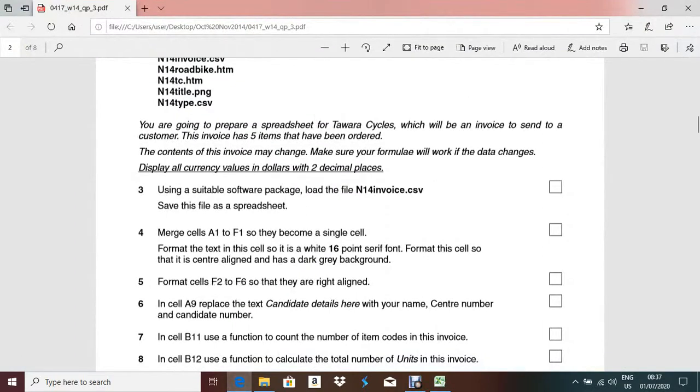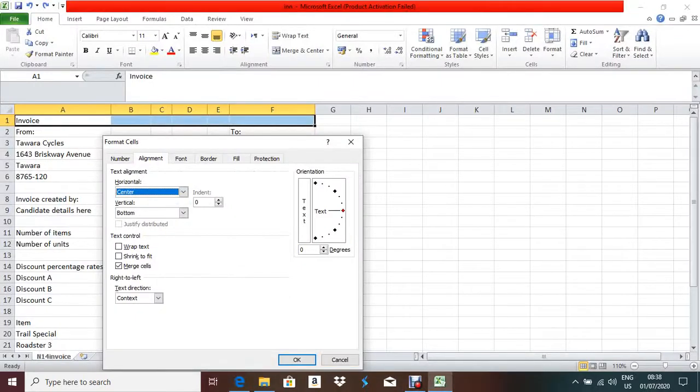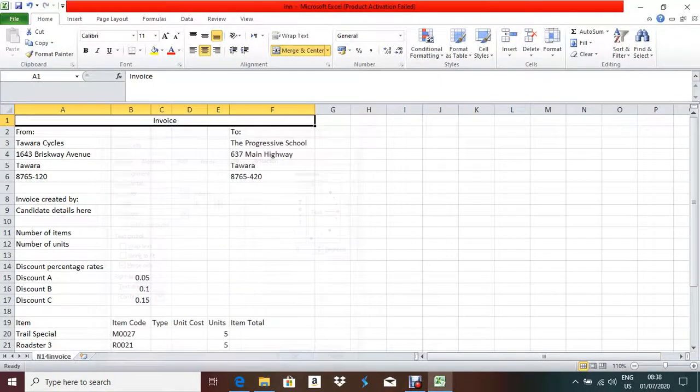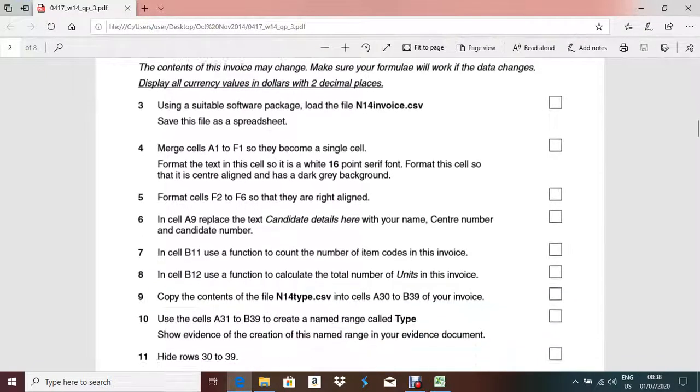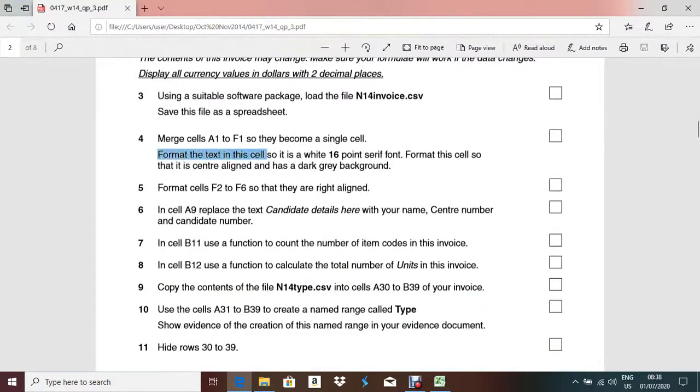Format the text in the cell so that it is 16 point font. Format this cell so that it is center aligned. So they are asking for center aligned and white color 16 point. Okay, we can do this one. First, center aligned is done. Now the next part of this question: format the text in the cell so that it is white 16 point serif font, center aligned, and has a dark gray background.